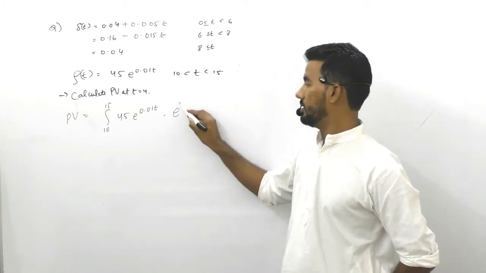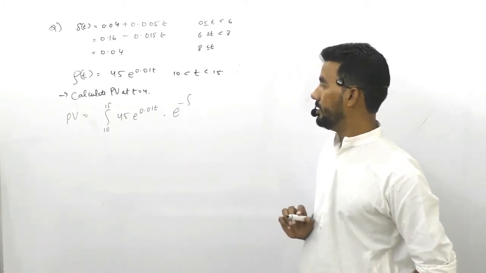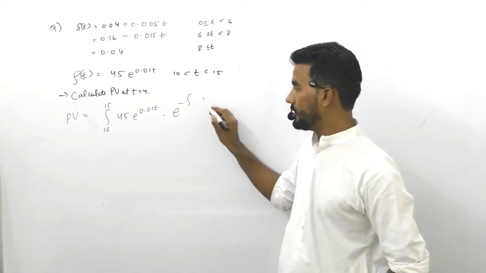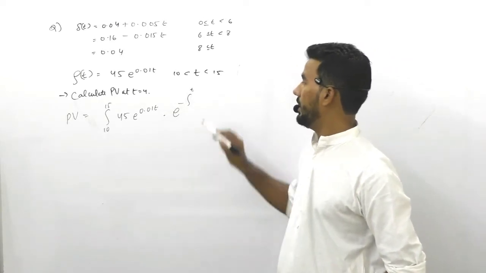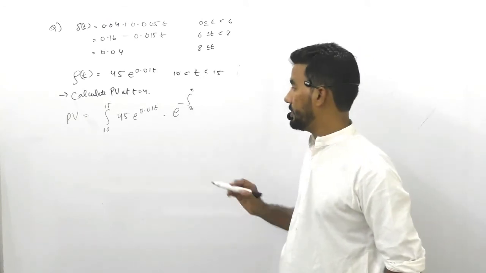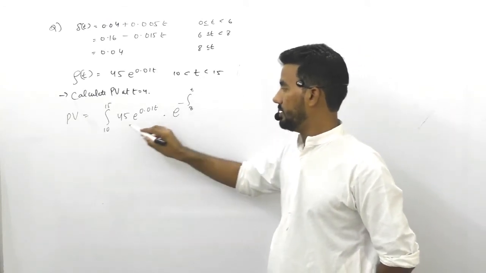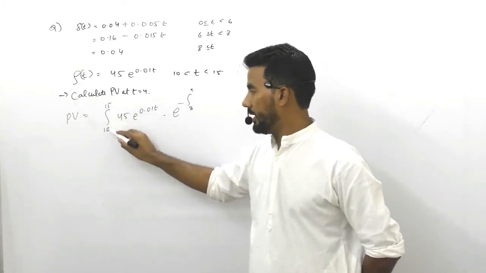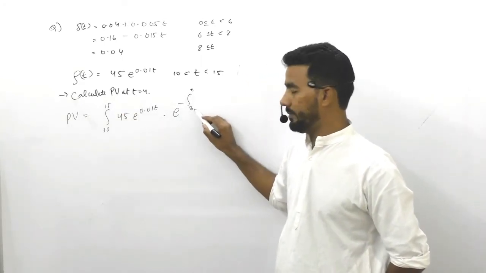So first, the highest time period here is 15. So instead of 15, we'll write t and the discounted to time 8. So that's how we did in the previous question as well. What this makes sure is every payment from time 15 to 10 is now discounted directly to time 8 using